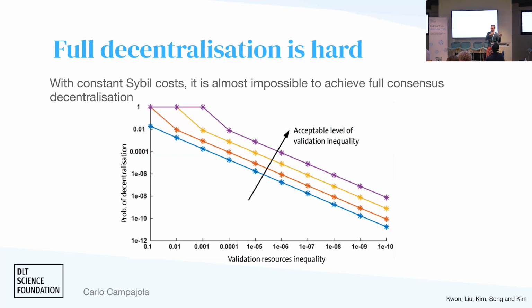So then the reward that comes out of the system for the validators is acceptably unequal, in the sense that you have a threshold, and the more tolerant you are with this, the higher the probability is. But basically, the result here is even simpler than that. If you see these numbers here, they're very small. So the probability of having an acceptable level of decentralization in these systems is very low, actually.